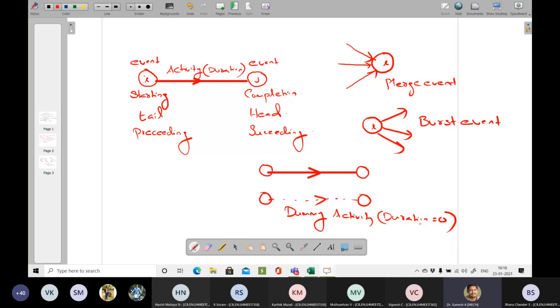This is how the activities are marked. It will be represented in two ways: one as a thick line, which is the actual activity, and the other with the help of a dotted line, which is called a dummy activity. I just told you that succeeding and preceding will also be there, so I will start to draw one network diagram so that you can understand it a little more easily.